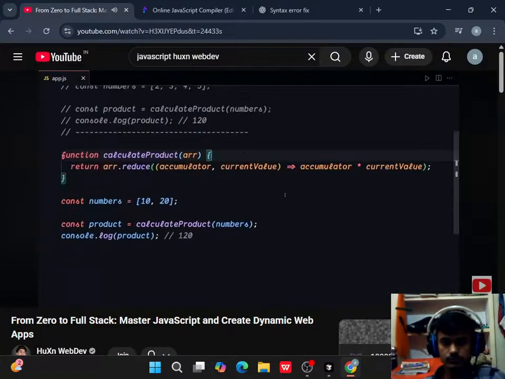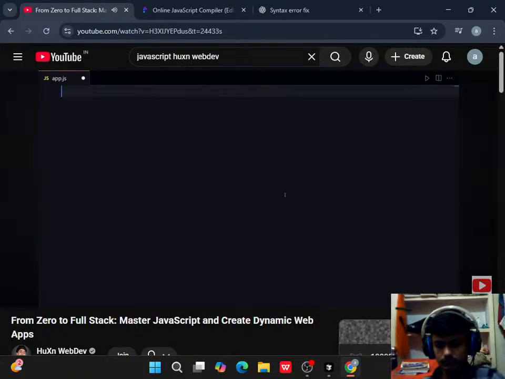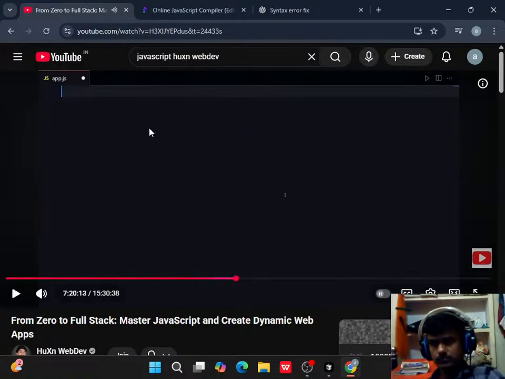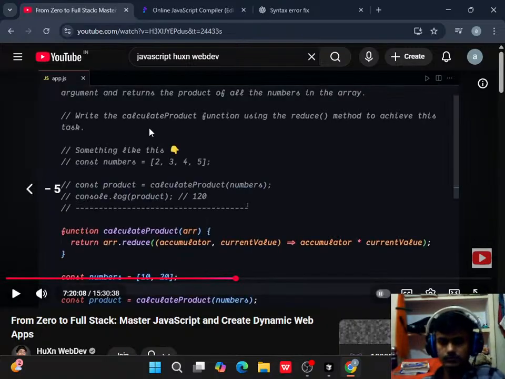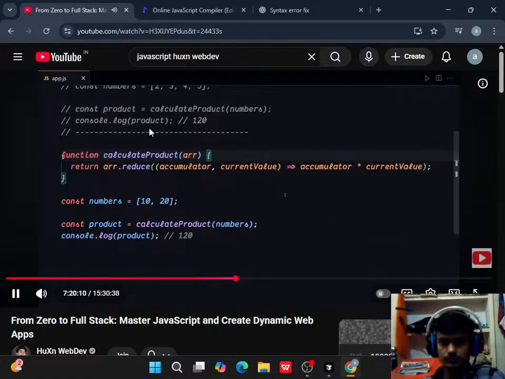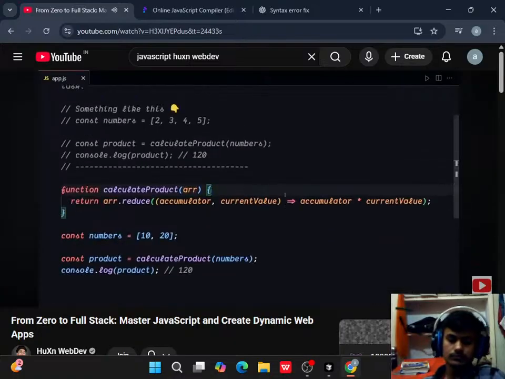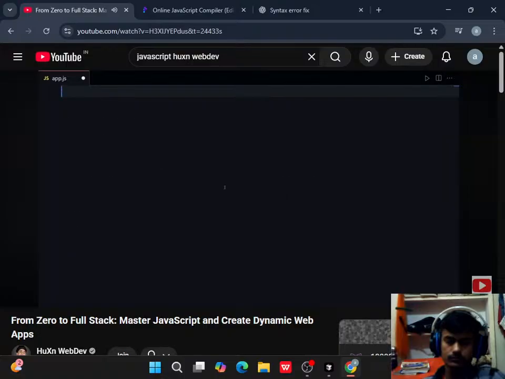So now let's learn about the map data structure in JavaScript. I'm going to review all of that stuff from here, and I'm going to just place this